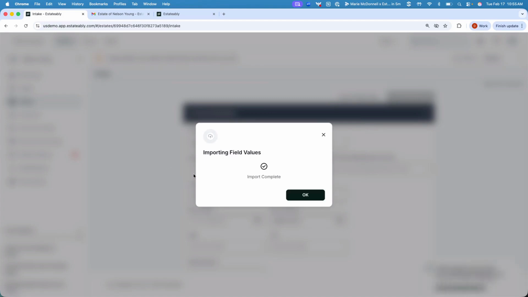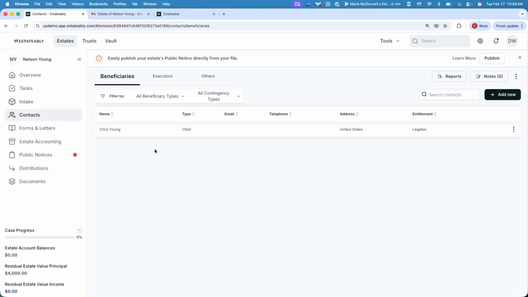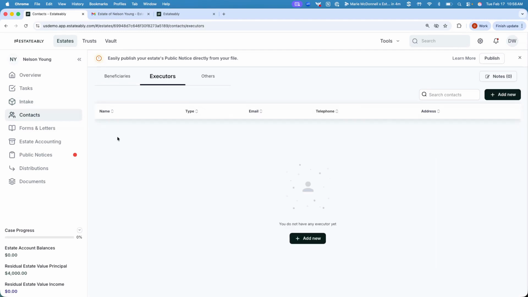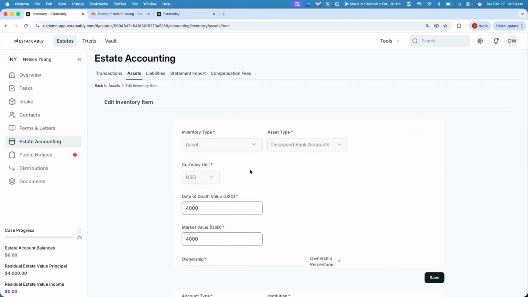Now that my import is complete and I click on OK, I can go ahead and see everything that got imported based on my selections. In contacts, you'll notice that my contact got imported, and since I added no executors, they weren't imported here. I also got my account imported along with the value. Now I also have the ability as a user to click on the 3 dots and change this if anything